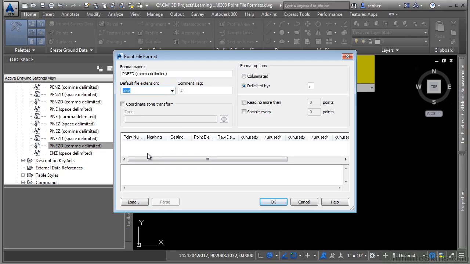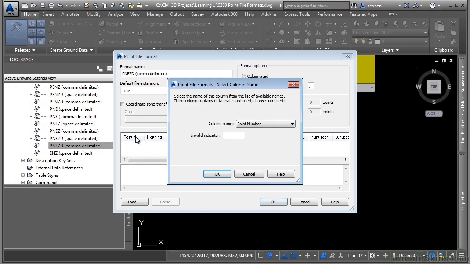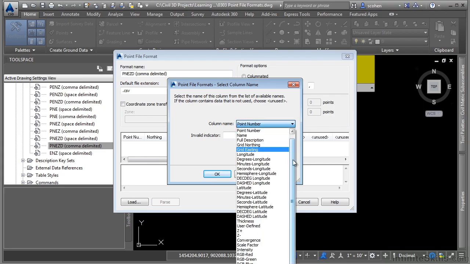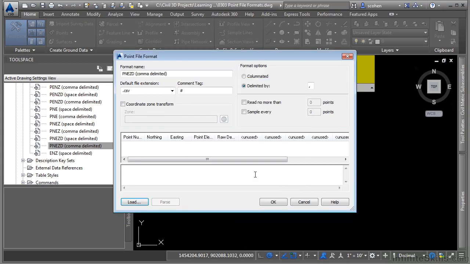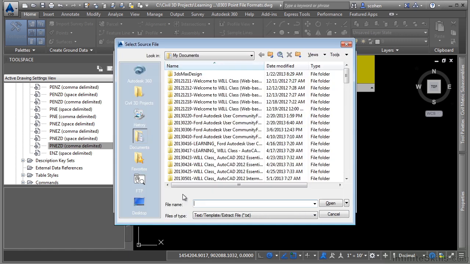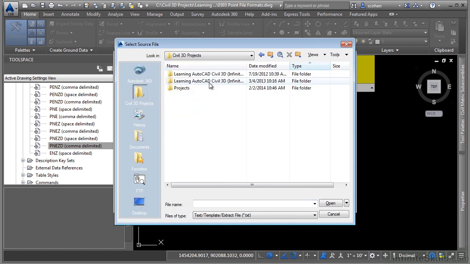To change any of the columns, simply click on the column header, and of course, you have the standard different column names that you can map to your point file, depending on what you have for a point file format. If you'd like to actually load in a file, you can click on the Load option here and navigate to a point file,